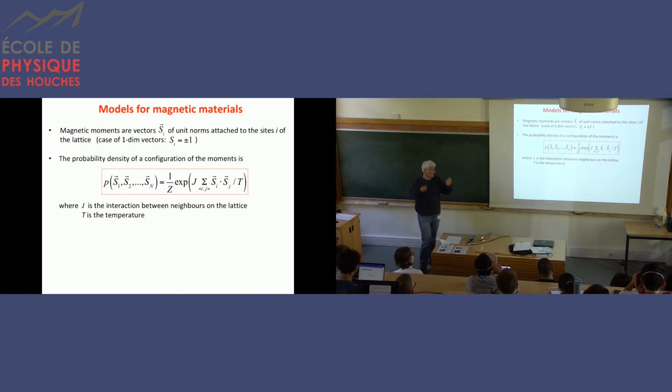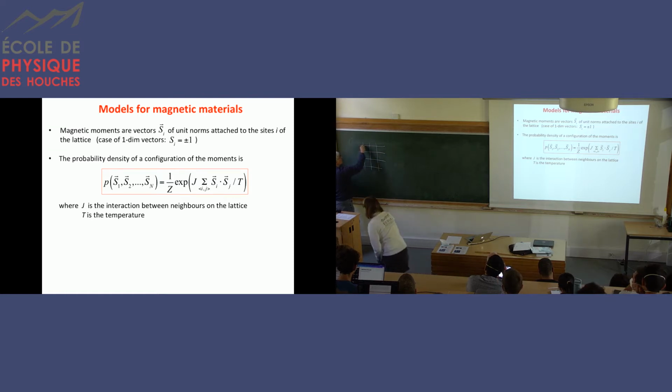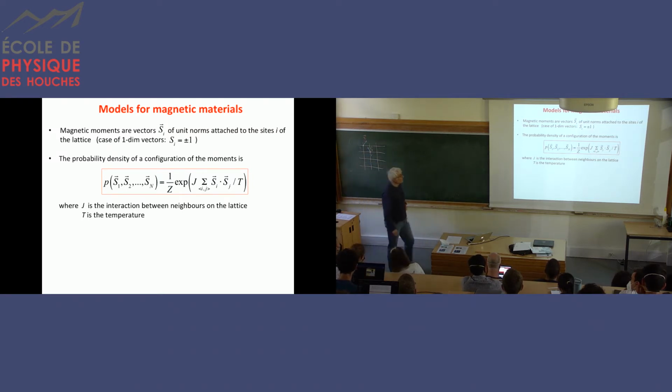So I will assume that my material is a crystal. I do it in 2D here because I'm very bad at drawing, but you should imagine it's a 3D material. I will show you some examples of lattice in 1 minute. And on each site I, here, you will have a magnetic moment. Here, this is J, which I describe by some vector, Si, Sj, and so on. For simplicity, I will assume that these vectors have unit norms, and they have the same dimension as my lattice. So for instance, 2D here on the blackboard.